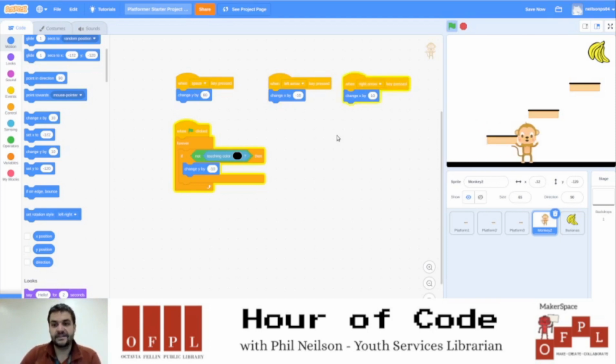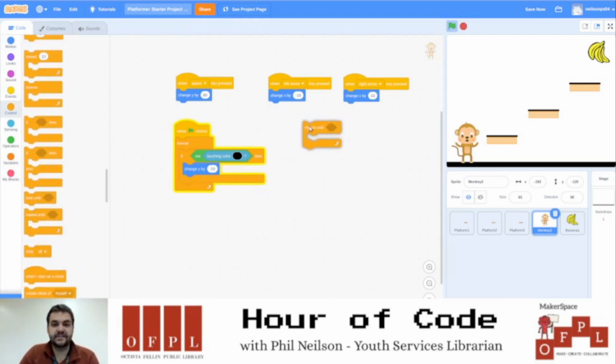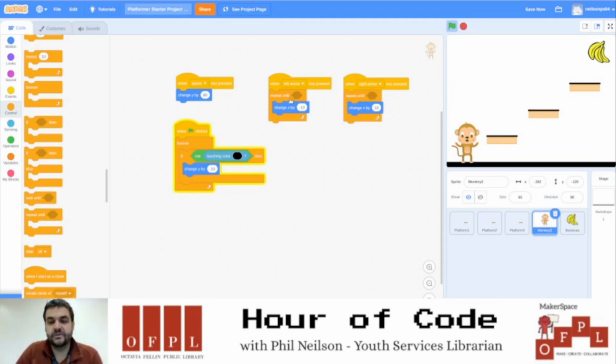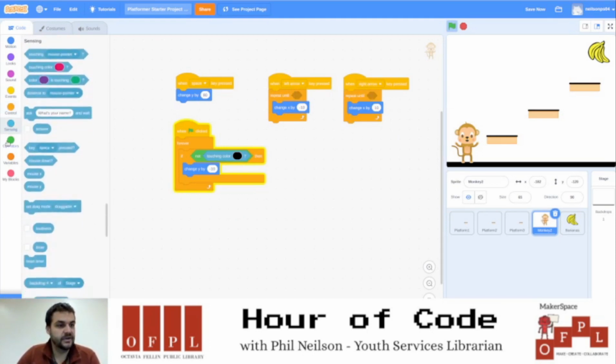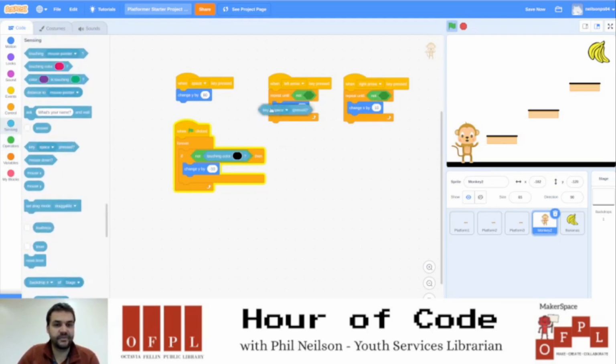Now the same thing is true that was true with our racing game, which is that's not the smoothest way to control a player. We can add a little bit more code so that it's a little bit smoother. So I'm going to go over here to control and use a repeat until block. I'll actually get 2 of them, 1 for each one, and put them around the change X by. And then we want to repeat the moving, either negative or positive, until the person lets go of the arrow key. And so we're going to go to operators and choose a not block for each of these. And then we're going to go to sensing and choose the key pressed